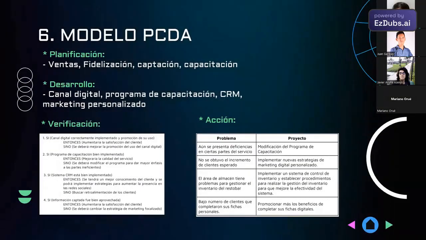Now we would apply one of the models already seen in classes, which is the PDCA model. I would like to highlight that it is very aligned with the objectives previously described. For example, in planning we would have to increase sales, customer loyalty, attracting customers, and training our staff. With these 4 points to plan, the other points of the PDCA model have been developed, which are the development,